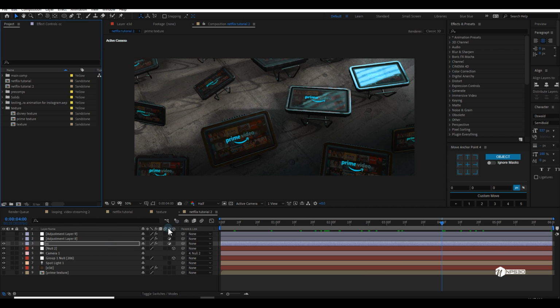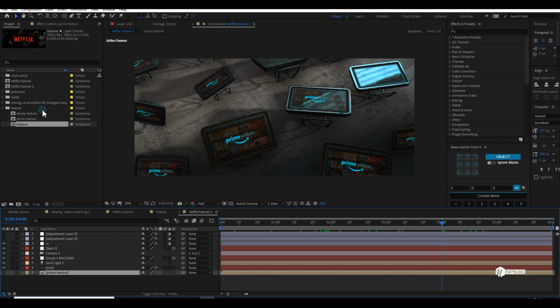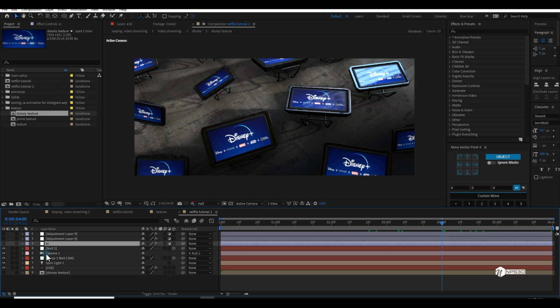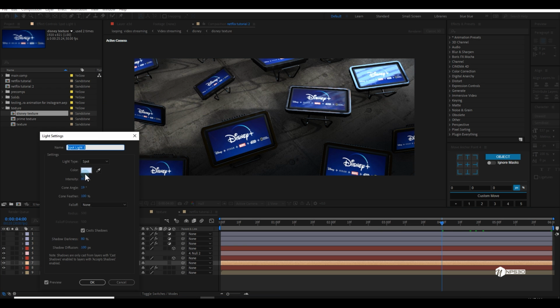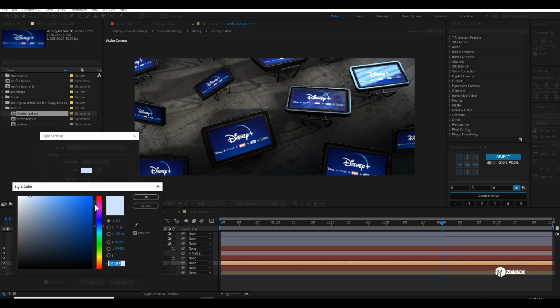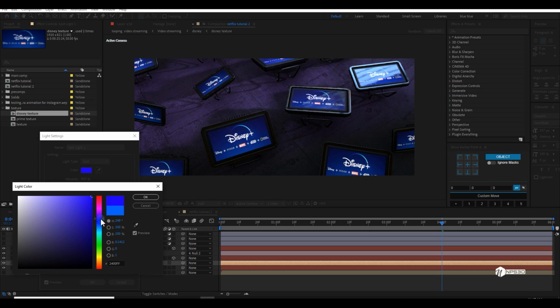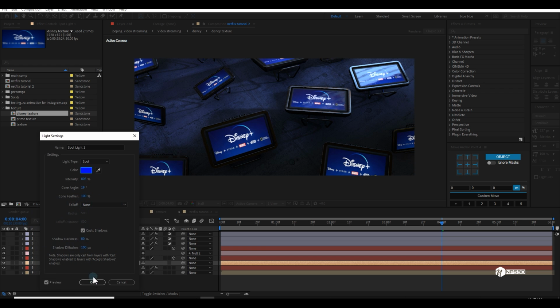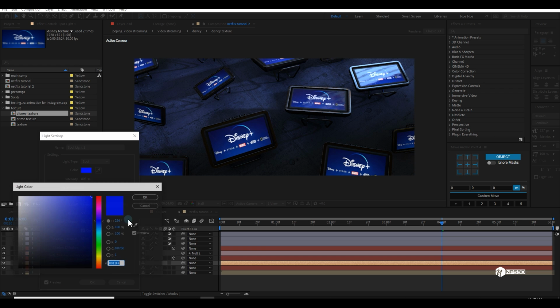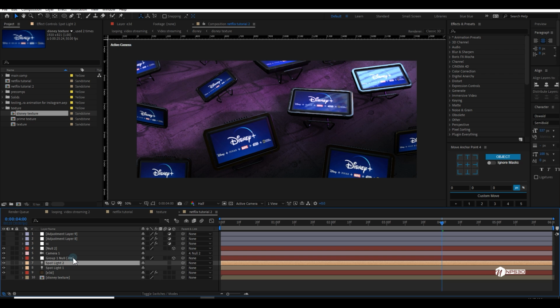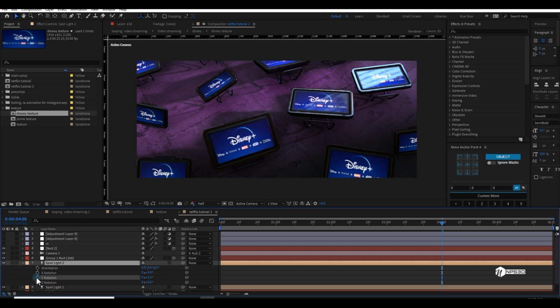And if you want to make it for Disney, you just need to change the Disney texture here, and of course you have to change this CC, and you can change the light. So in this case, maybe I can use a light like this, and I can duplicate that light, Control D and R. Maybe I can just